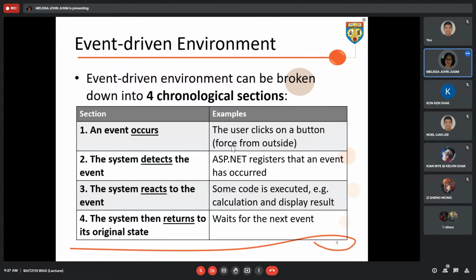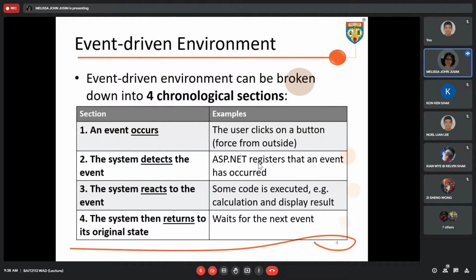The second section is after the event occurs, the system should be able to detect the event. We're using ASP.NET, so ASP.NET should register that the event has occurred.